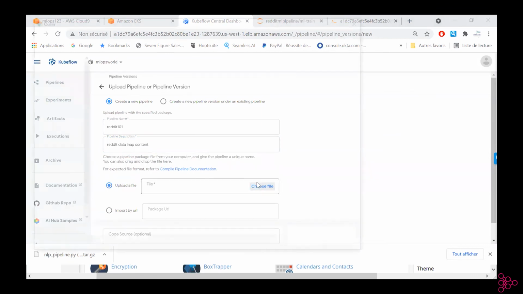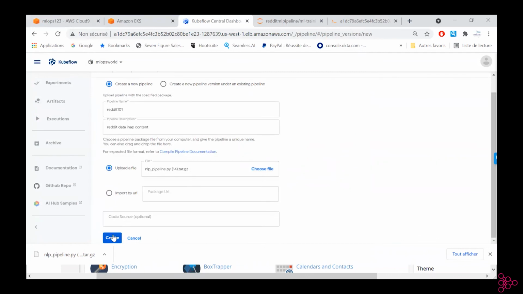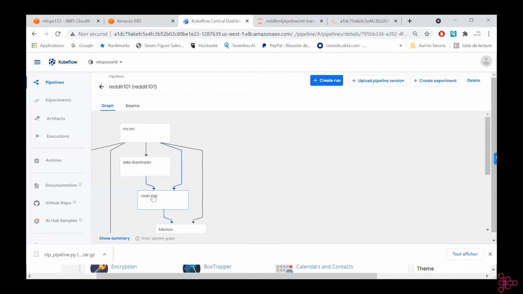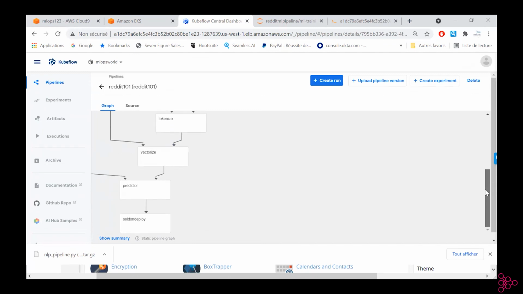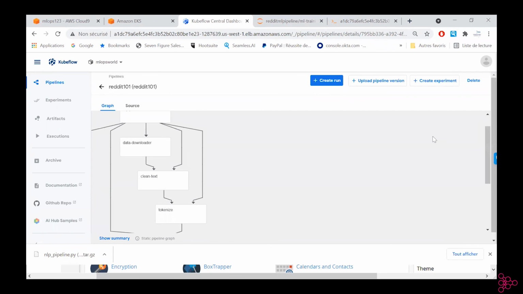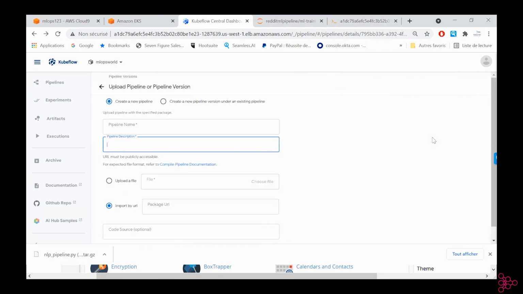From a file, choose, and then we upload it. Now we can click create. Awesome. Now we have our pipeline basically ready. So here you can see that we have the complete pipeline that can potentially be run.